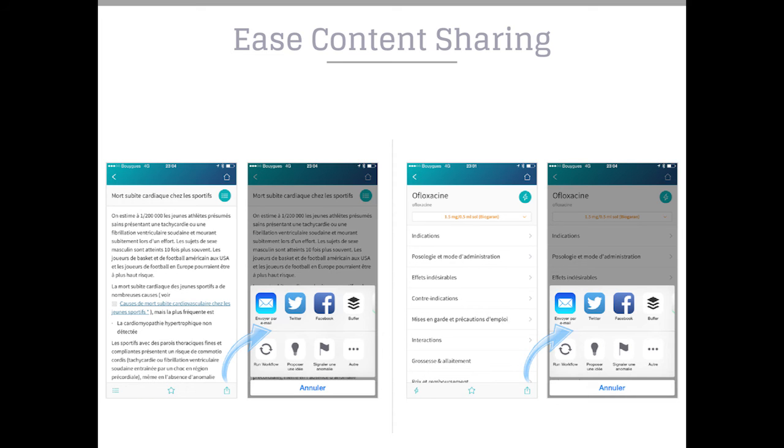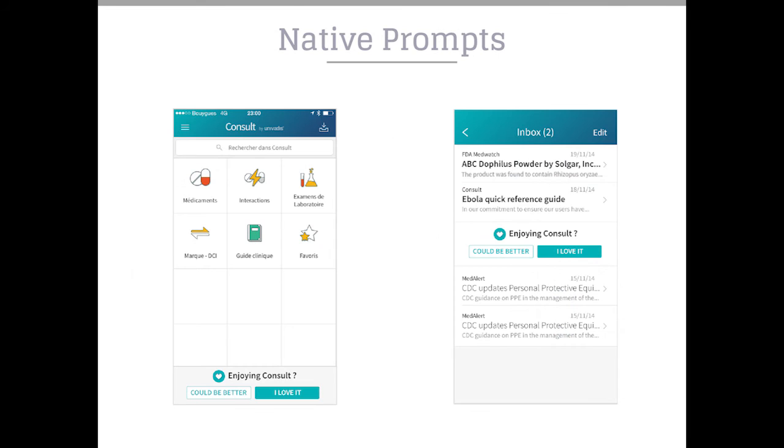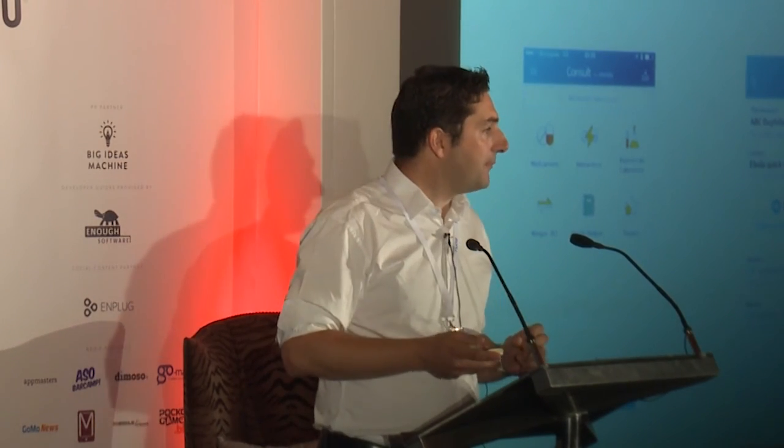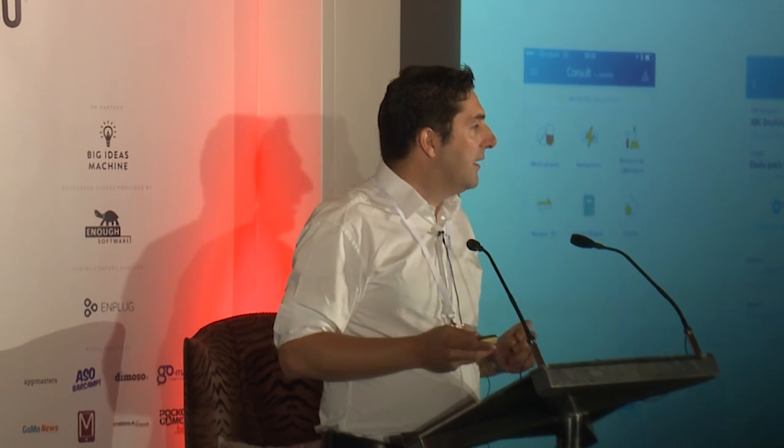And we made the prompts native, because Consult is used in consultation, facing a patient, so we don't want to put pop-ups in front of the doctors at that time. It would annoy them. So we put that natively into the inbox or on the screen. So it's more about UX and ensuring you don't annoy your users, and you give it to them at the right timing. So this is really interesting.